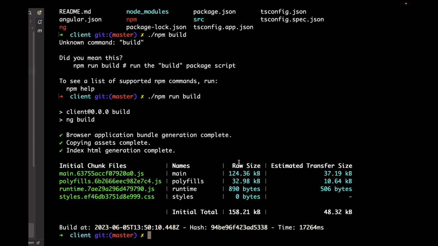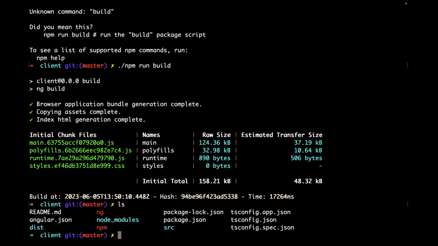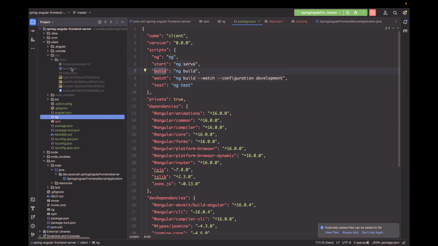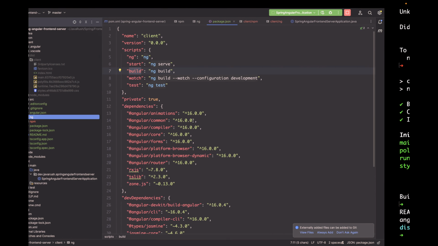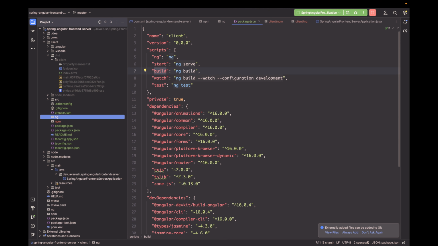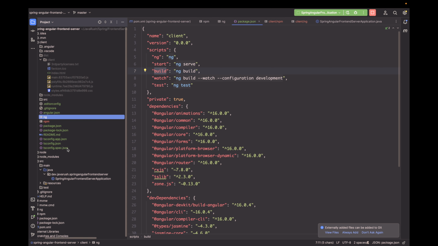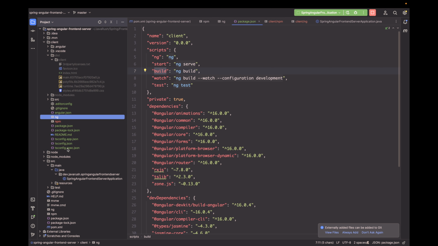Okay. So now if you see ls, you can see there is another folder called dist, and this is the default location for Angular to build the app. So if you go, we can see in the dist we have this index.html and many other files. But this won't work in our case because we want the build to be in this directory called target, then classes, then static. So let's go to angular.json,